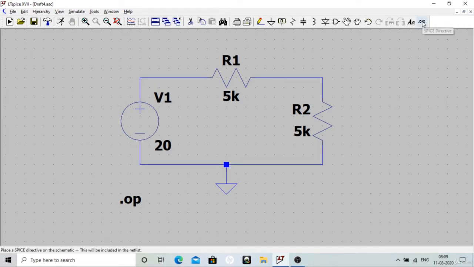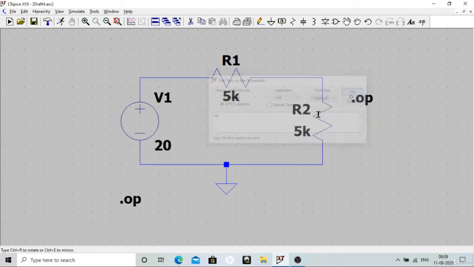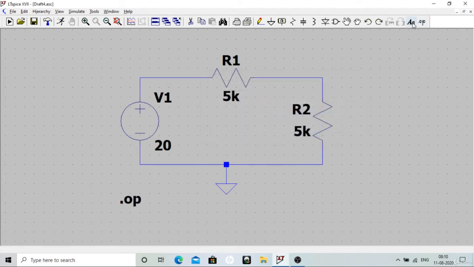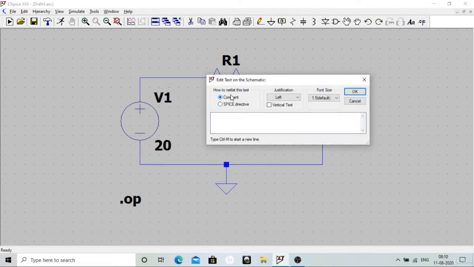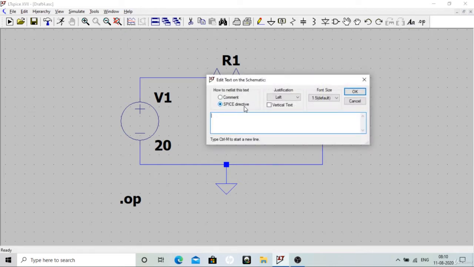Now the same thing you can write from here also, SPICE directive .op, okay, same thing will appear, or you can place it. So I will remove it, I just wanted to show. Or you can write from text as well. The difference between these two options is, here by default it will be treated as a comment, and here by default it will be treated as a SPICE directive.